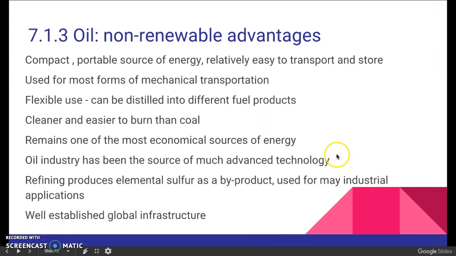So then we go to the oil and non-renewable. So oil and non-renewable, I think we discussed this a little bit the other day, is excellent because everything's already made to fit with these non-renewable energy sources. So car engines are made that way. We already manufacture things that way. We have huge electrical generating